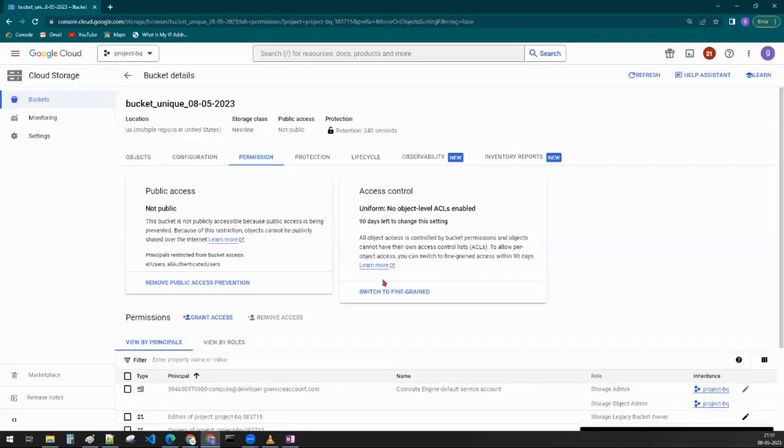Now it is uniform. Switch to fine grained is